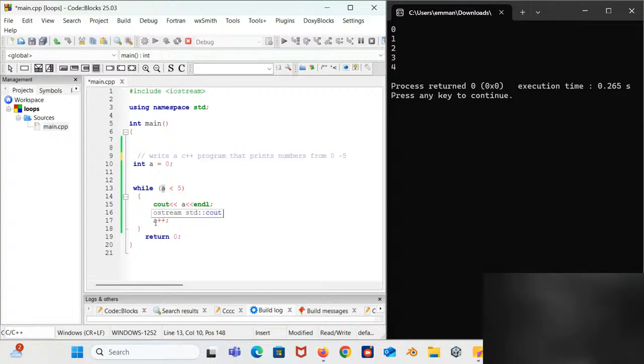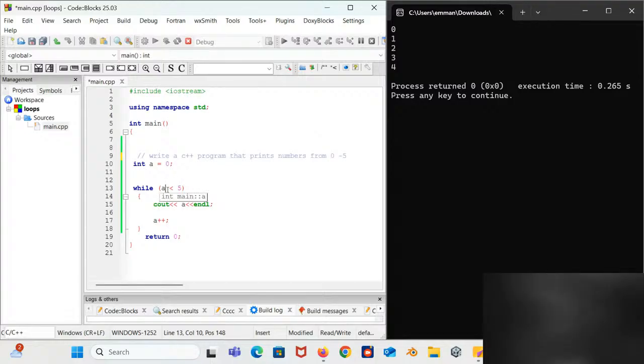Then it comes here, A++. The increment operator basically adds the value 1 to the current value of A. So 1 is added to A, making A 1 now. So it comes back here. While A is less than 5, what should happen? This should happen. What is the current value of A? 1. So if the current value of A is 1, it is still less than 5. So you should see out the current value of A, the 1 here. Then A++: you basically add 1 to the current value of A, and the current value of A, we know, is 1 here. So when we add another one, it becomes 2.